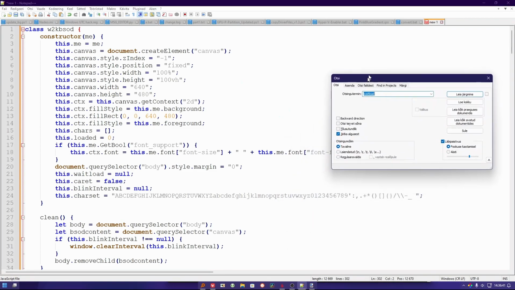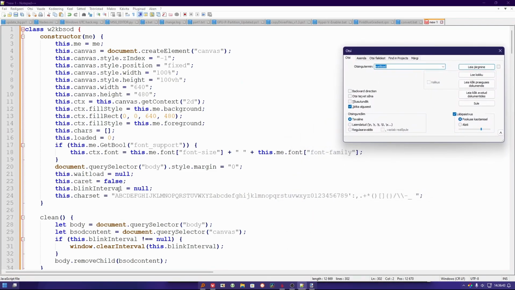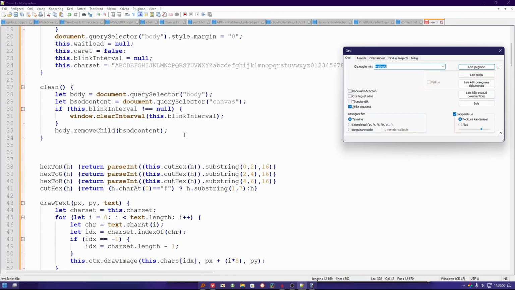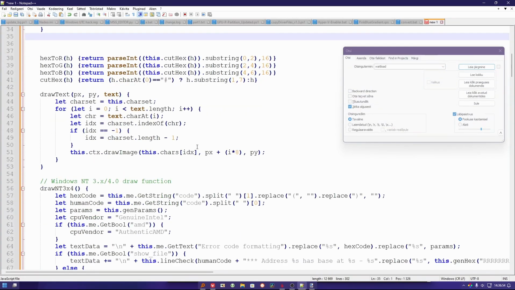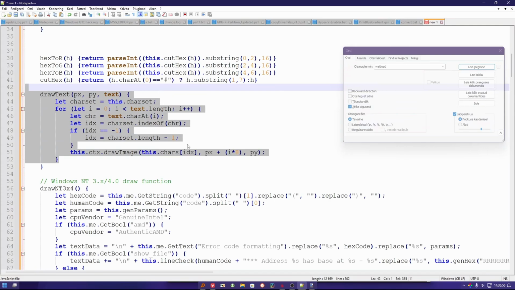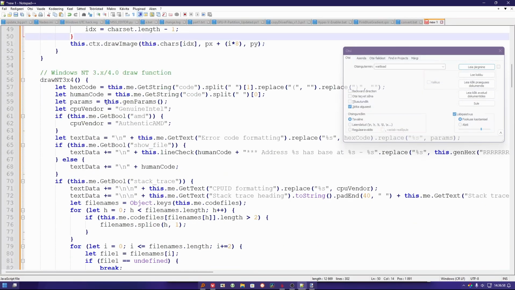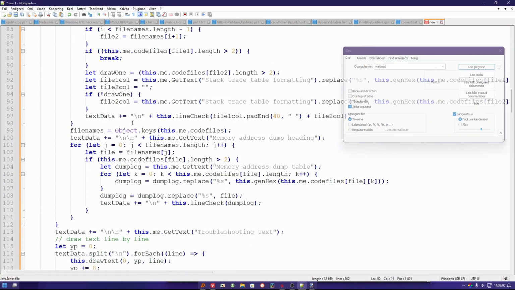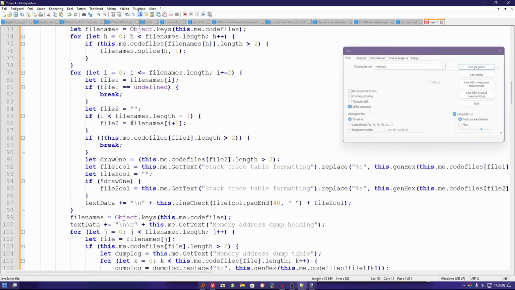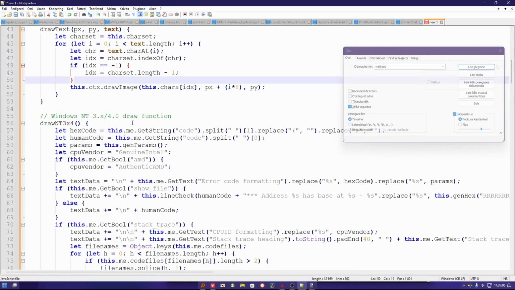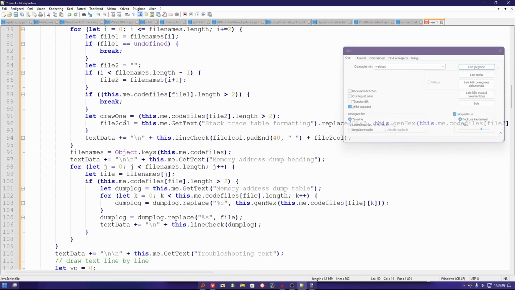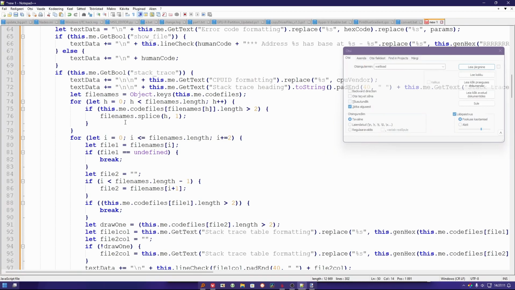Okay, so here's the character set once again, the way to load things, all the standard stuff you see everywhere else. Clean stuff, once again displays the canvas. Draw text for Windows 2000. So this is the NT code draw function. It just drops characters on screen, a very similar idea, but since there's a lot more stuff going on,